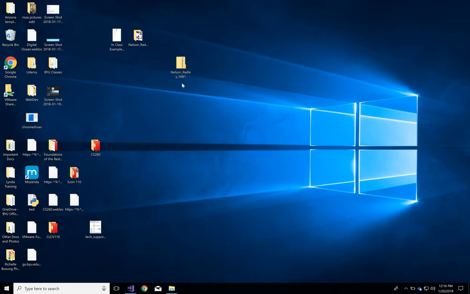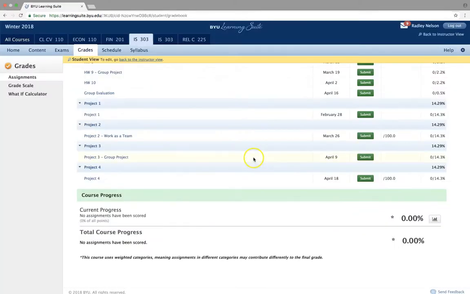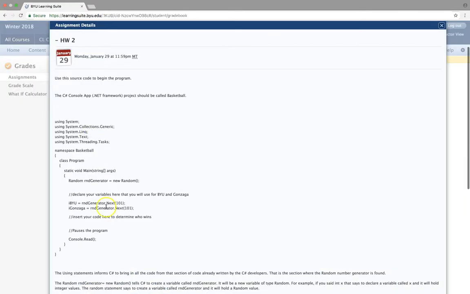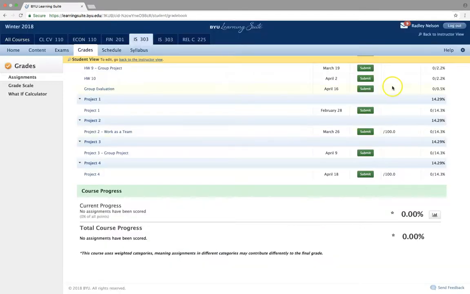For the most part, for almost every assignment, you will be turning in this whole project folder zipped up. However, on homework 2, and if it says it anywhere else, make sure you pay attention. It's going to ask you to submit just the C# source code, and that needs to be called basketball.cs. So we're going to want to make sure that you call your C# file basketball.cs, and just the file this time. So where you'll find that,